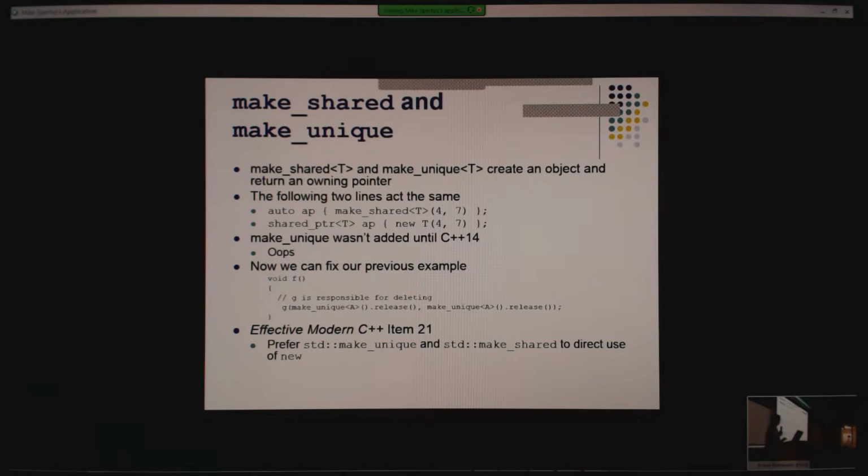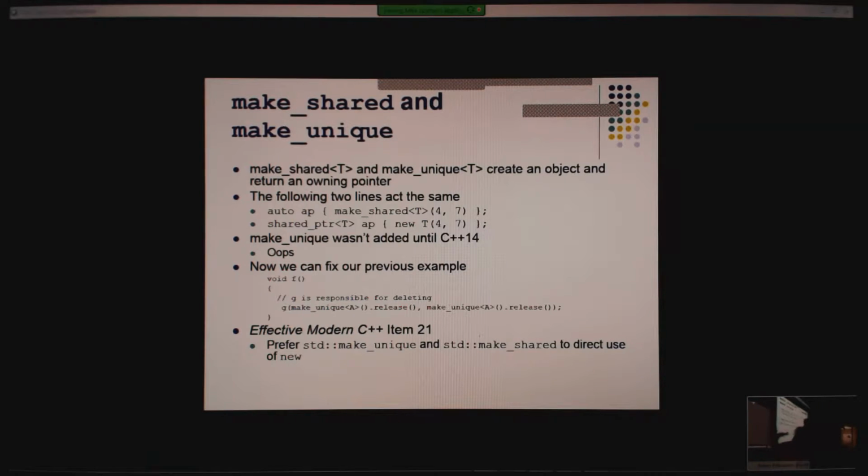So, make_unique and make_shared will create an object and return an owning pointer. So if you use make_shared or make_unique to create your object, you're guaranteed it's going to return a pointer that's ready to manage the object as soon as you need it.